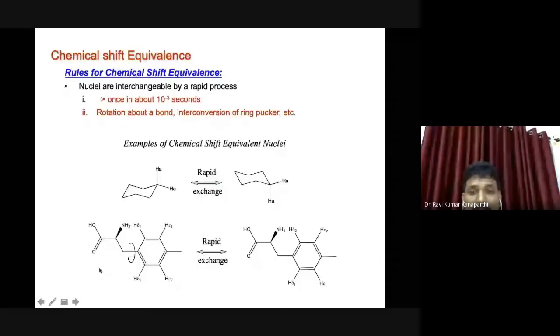Chemical shift equivalent protons will have the same resonating frequencies, and they do not split with each other. But if you have a neighboring nucleus, definitely they will split, and they give a single NMR signal. Certain nuclei are said to be chemically as well as magnetically equivalent if they couple equally with a third nucleus. However, it is possible for nuclei to be chemical shift equivalent but magnetically inequivalent. So what I'm saying is that nuclei which are chemical shift equivalent can be magnetically equivalent. What do you mean by magnetically equivalent?